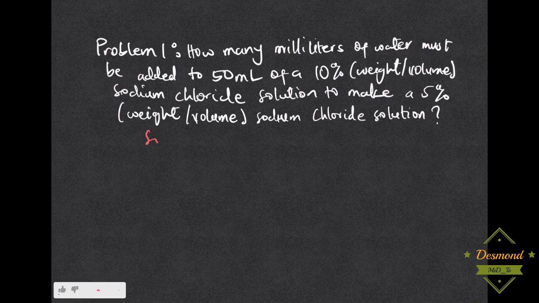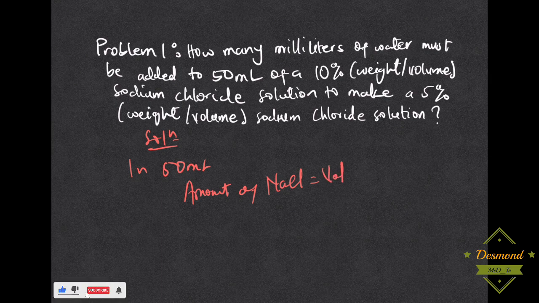So in 50 ml, the amount of NaCl will be equal to the volume times the concentration, which will be 50 ml multiplying 0.1. Then it will give you 5 grams. Very simple. So step 2 is to determine the final volume